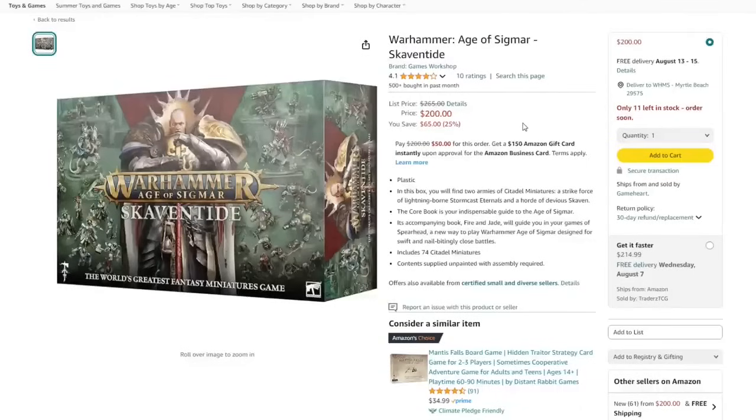So maybe there's not enough demand to sell all these out at $265, but at $200, we'll suddenly see a bunch of people that otherwise weren't interested show up and pick up a copy. And the same thing will continue to happen as the price falls in order to create more demand. So soon we'll see them for $175, maybe even as low as $150. And while I'm not rooting for the downfall of Games Workshop, it's very important that the market actually dictates the price on these products and not just Games Workshop